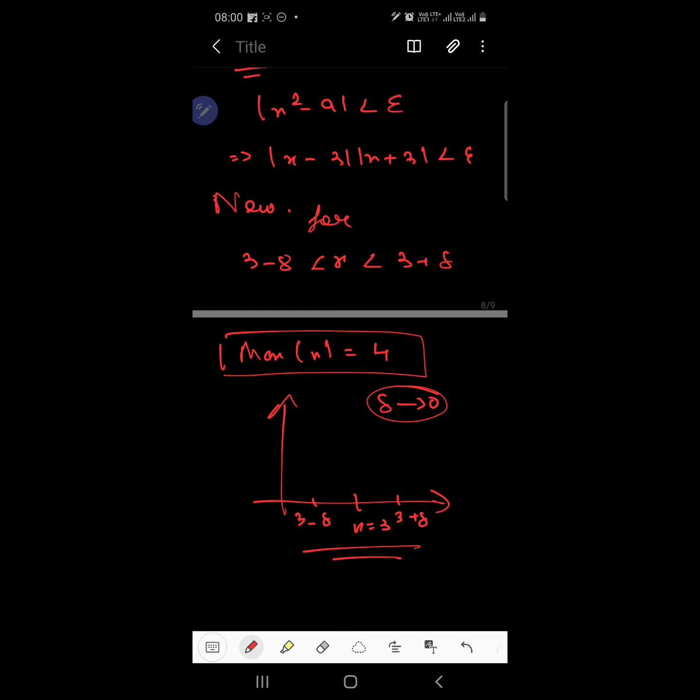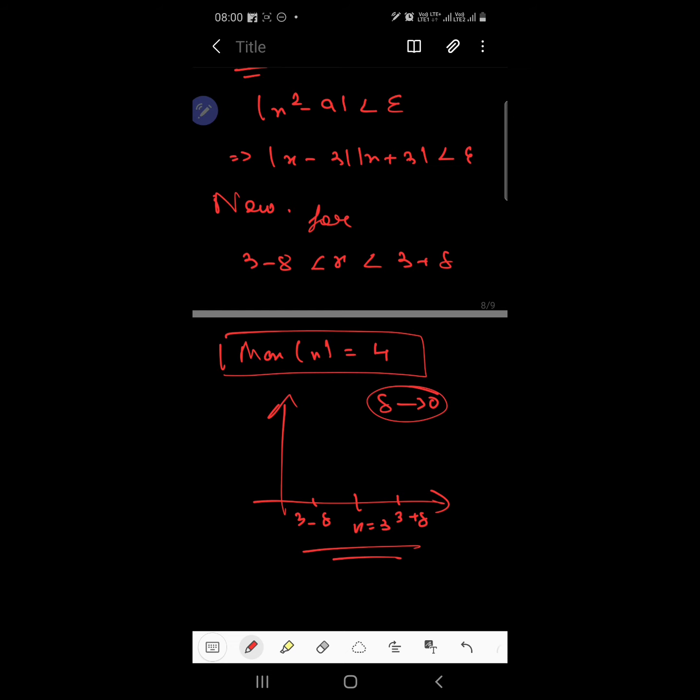This delta tends to 0. This delta is very small. In a very small interval, we are actually defining this particular process. Because if this interval were very large, then the limit would have no basic representation, right? So this delta is very small, so the max value which x can have, considering it integral, will be 4.